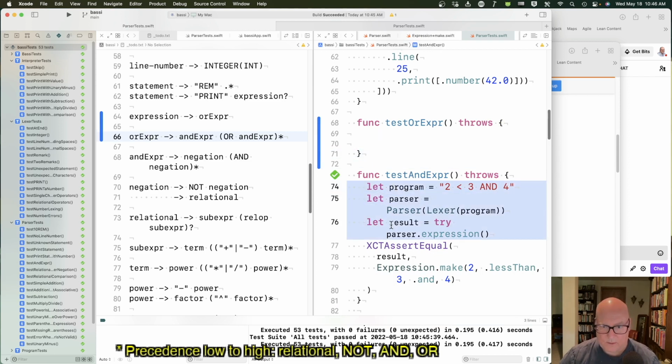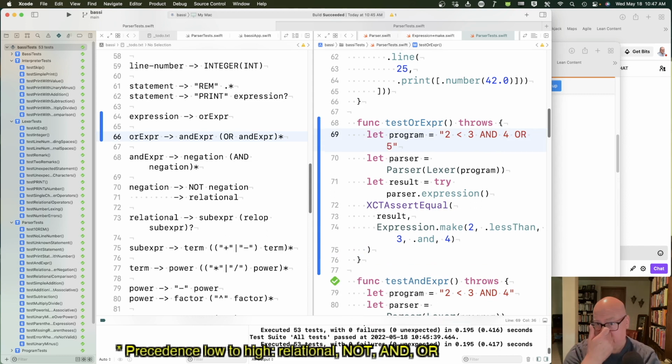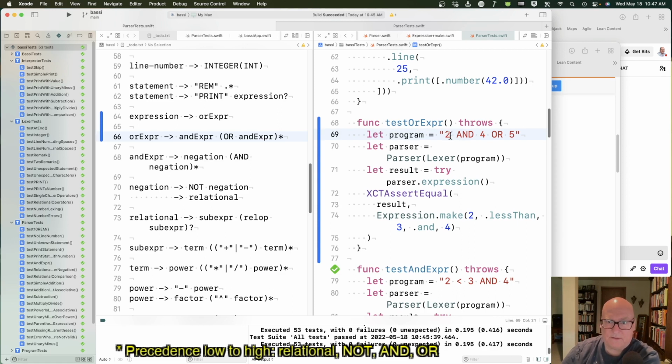Okay, I guess this stuff is more or less the same. That's gonna change. Okay, so if we do 2 less than 3 and 4 or 5, okay. Actually, we can just do numerical stuff for these. That's fine. 2 and 4 or 5, we expect the and to have priority. So let's swap it. 2 or 4 and 5. Okay, so kind of like addition, 2 plus 3 times 4, we're making sure that you don't do 2 plus 3 first, so we're making sure you don't do 2 or 4 first, okay? And then the expression, the or is on top. I think